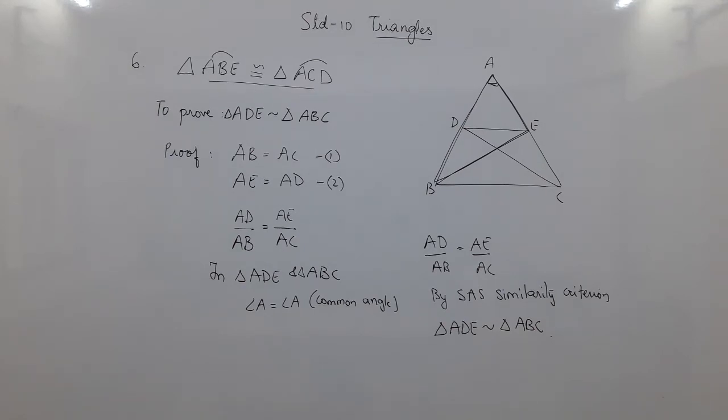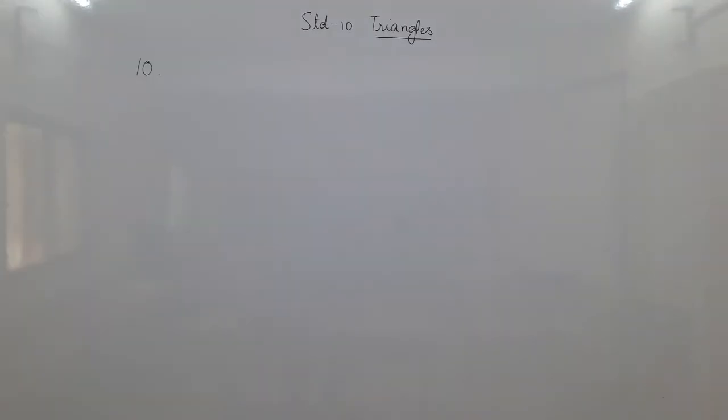So this is a sum done in a different kind of way, but this is also quite a simple sum, right? Once you have the tools with you, you just have to know how to use the tools and get the answers. Let us move on to the next sum now. The next sum I am going to take is sum number 10 from exercise 6.3. The diagram is not given, only the sum is given.